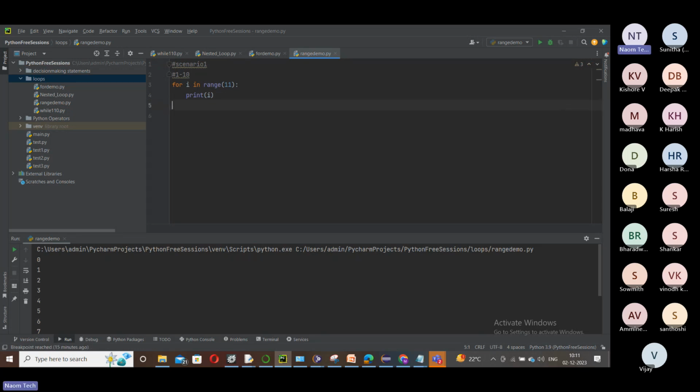Don't apply that. Here either put hash or triple quotes. And here scenario 2. Scenario 2, you are testing range 2.